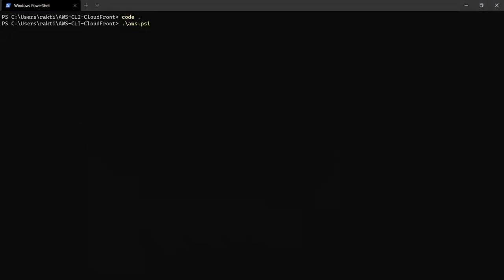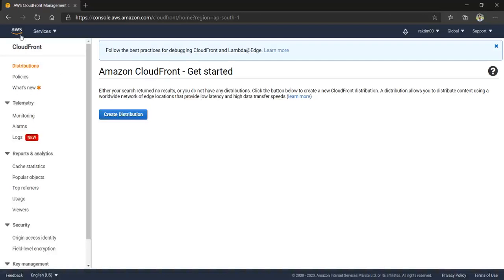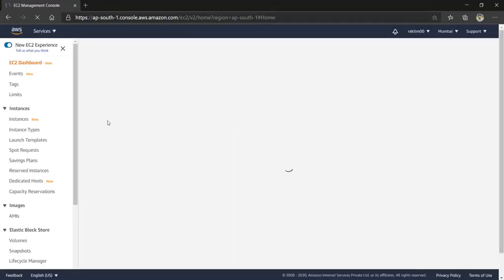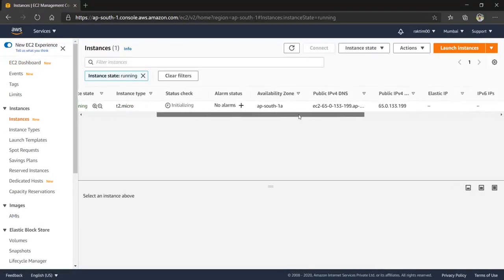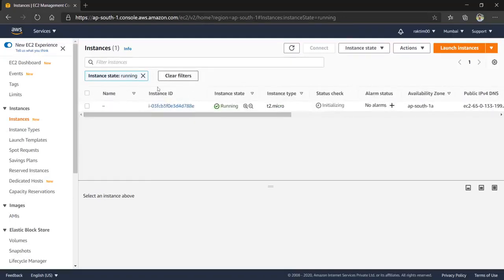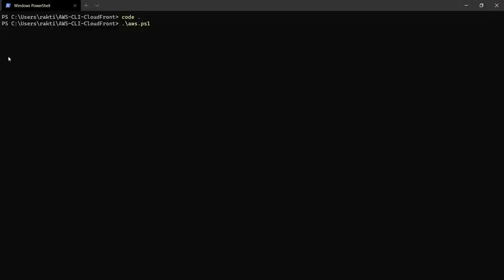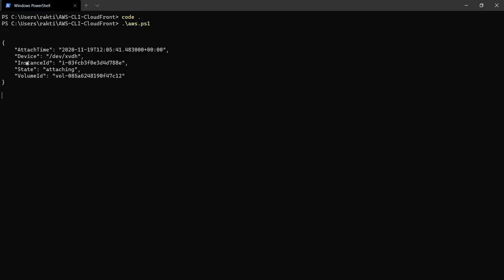Now next up, if I go here in parallel, if I show you what is actually happening in EC2, if I go here now, you will notice it launched one instance. Just let me show you. Yeah, now as you notice here it's running one instance. Next, till now it's not showing anything, but in the backend it attached one volume here. It attached this volume to the instance. Also here it created this S3 bucket. Next, it uploaded my image.